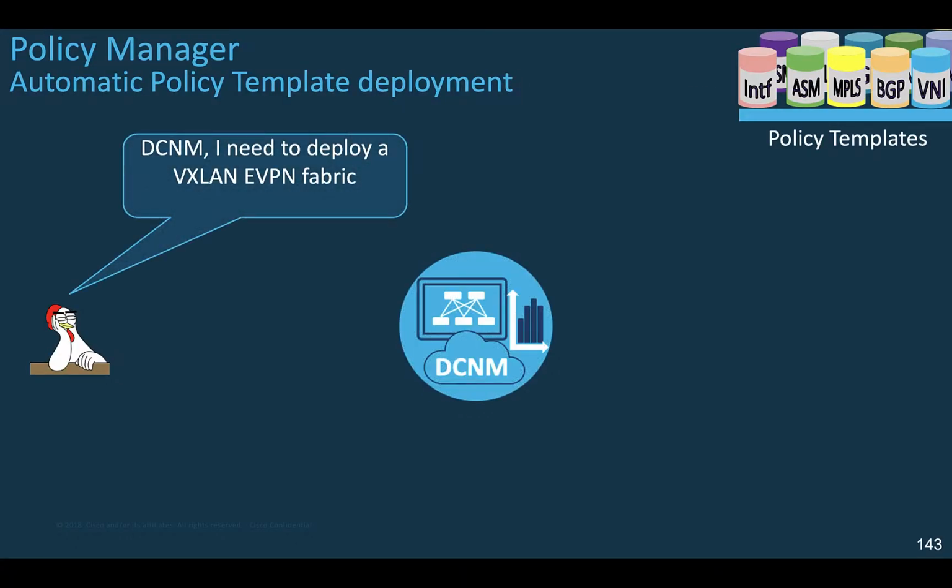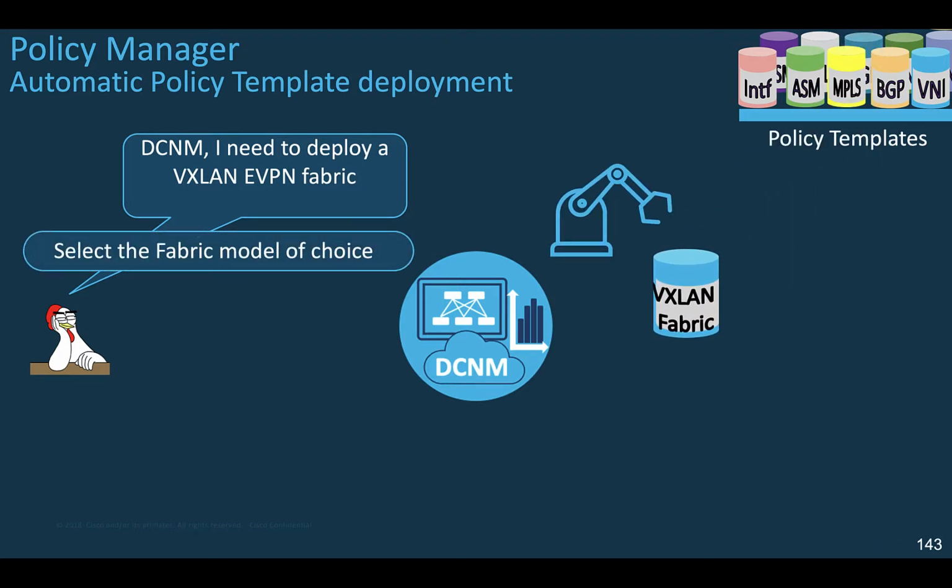DCNM relies on different policy templates to build the infrastructure, from the VXLAN VPN fabric deployment up to the network and VRF automations, VRF Lite and so on, or you can leverage the embedded Elasticsearch redirections, etc. In fact, any feature that you wish to deploy, DCNM will automate the configuration using the policy template of interest. And there are several policy templates, each one covering a particular function.